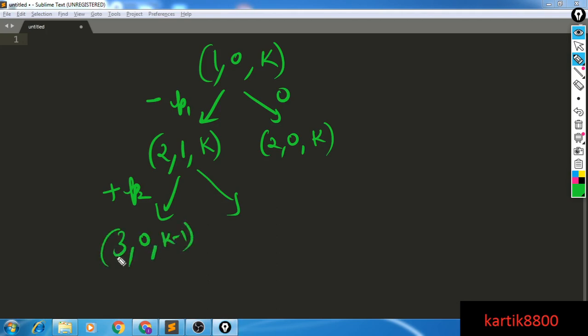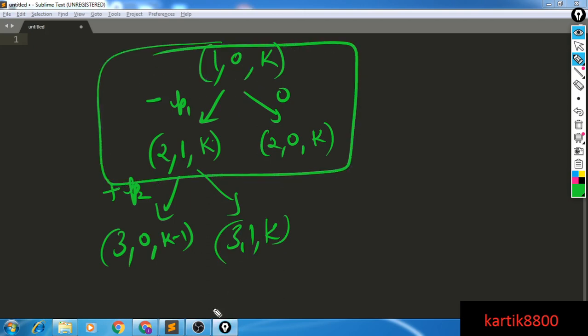So I will get a benefit of P2 here, and I will reach the state 3,0,k-1, meaning that I want to make the maximum profit that is possible starting from day number 3 till the nth day, given that I do not own a stock and I can make at most k-1 transactions, since I have just completed one transaction here, right? So the other possibility was that I could have basically retained this stock and reached the state 3,1,k. So hopefully the idea is clear to you, and let's just look at this much portion.